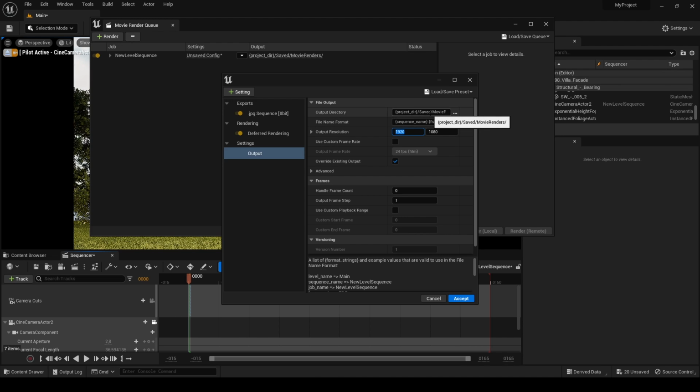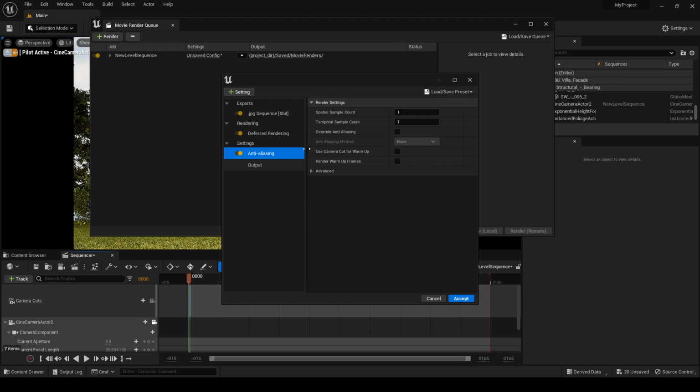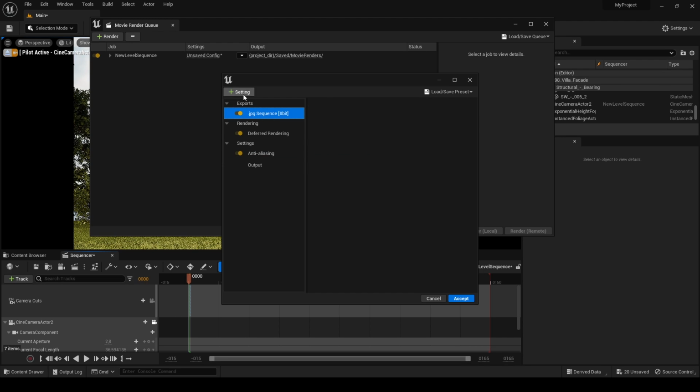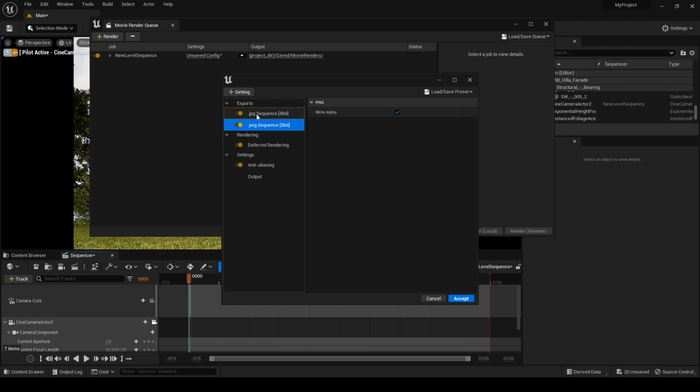But before that, it's very important to add anti-aliasing. Increasing these values to 4 will be enough for most cases, and we're gonna click override. You can also play around with your JPEG settings, or instead of that, you can just export as PNG. Let's click accept,